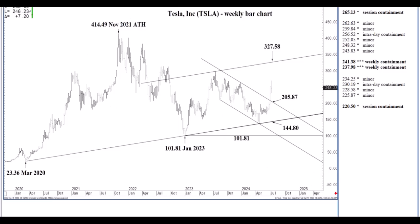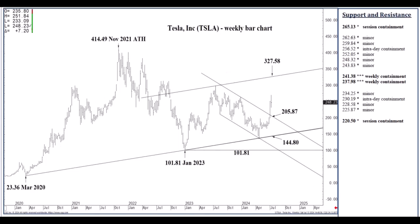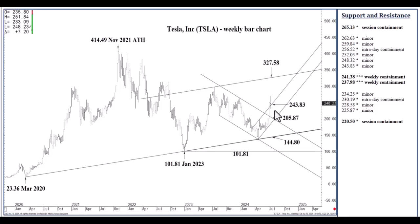Let's start with the big picture, then work our way into the day and week itself. It was a couple of weeks ago that we settled above this 1-year descending channel top, which is well below the market this week at 205.87. Once again, this is a weekly chart, above which we have a 3 to 5 month buy signal in play at 327.58, with present volatility and the directional dynamic that sustains itself following last week's settlement still above the 243.83 rising channel top will allow